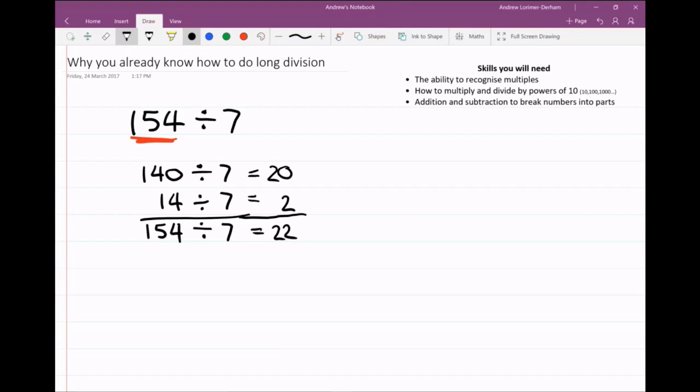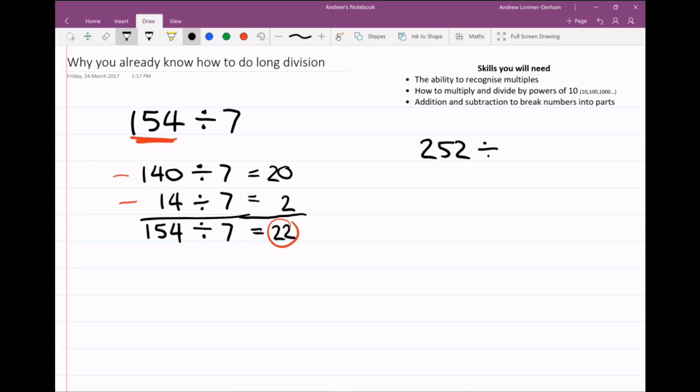And then students can start breaking down these numbers to estimate reasonable answers rather than doing a long division like we normally would, where they don't have any idea what they've actually done. So here, the answer is still 22, but they've been able to build that answer using multiples. So we'll try a harder one, and then we'll try a really hard one. So the next one we'll try is 252